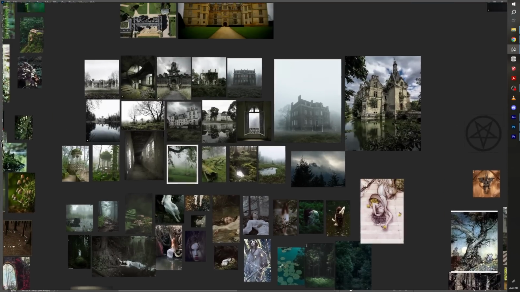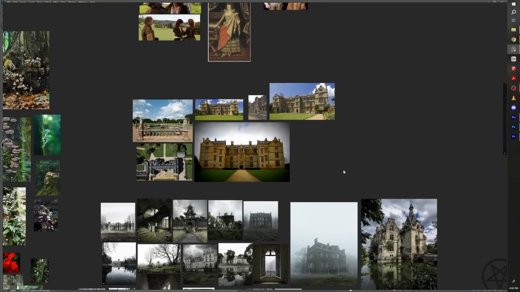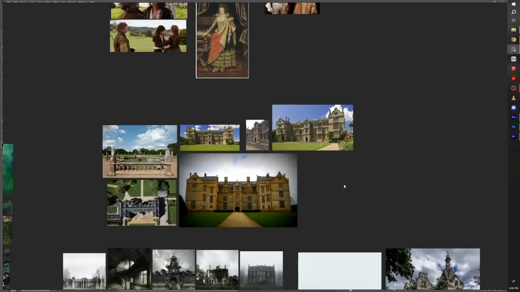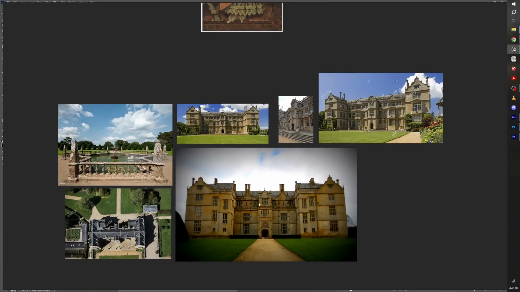And then obviously I needed references for the castle, and I'm not going to show you the 3D model here, but I did get a 3D model for the castle because it is a location that's going to appear many times throughout the comic, and these images I found are kind of like the stepping stone. So this is what I had in mind, the type of building, and I found this perfect building,